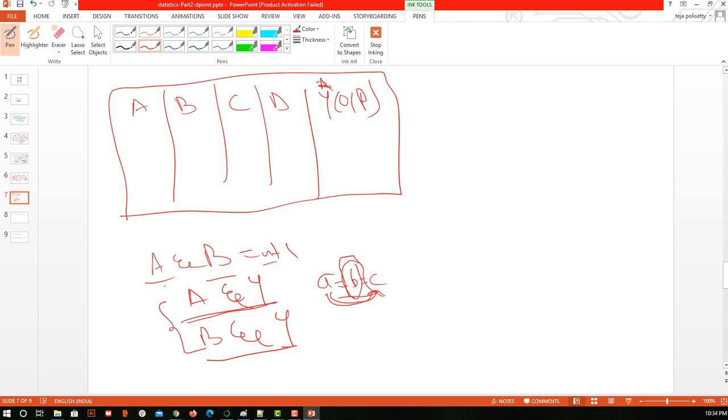So in this case where A and B have +1 correlation, and A also has a positive relation with Y, and B also has a positive relation, in that case I can remove one of the attributes. I can remove B, or I can remove A, or I can create a new column generated from A and B. For example, A is my age, B is my experience, so A plus B is my current experience. So I can add A and B and say A plus B is my current experience. That's how I am reducing the number of columns.